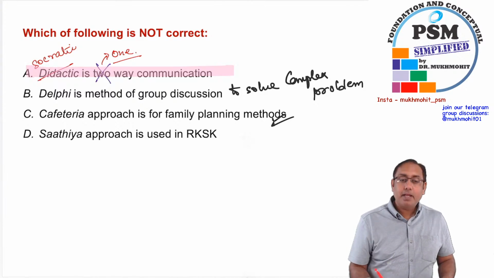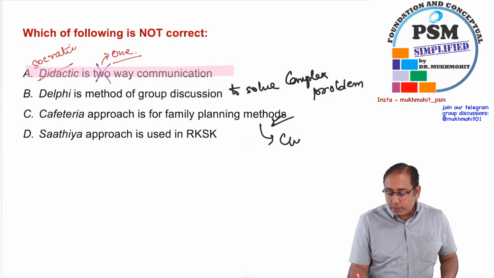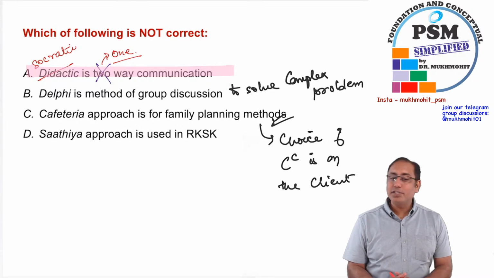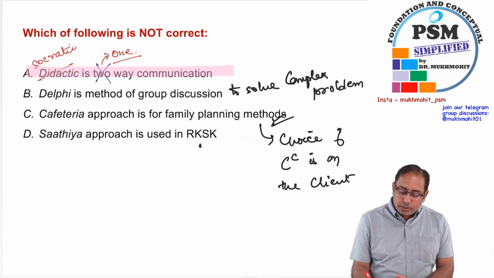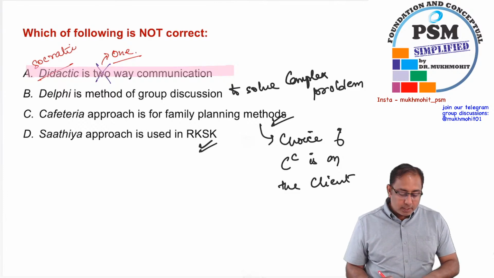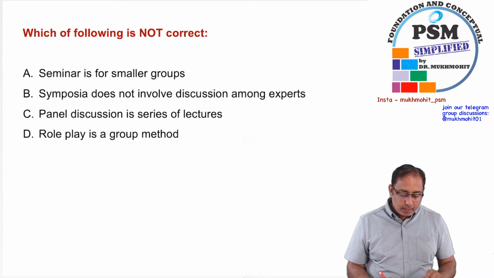Cafeteria is for family planning methods. That is, the choice of contraception is on the client. The choice of contraception is on the client. Satya approach is used in RKSK. What is RKSK? Rashtriya Kishore Swasthya Karyagram. Next,